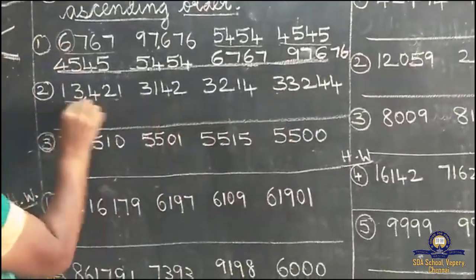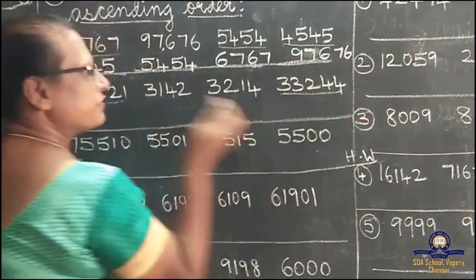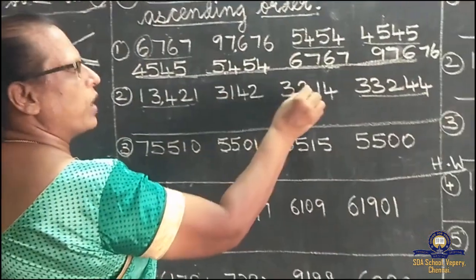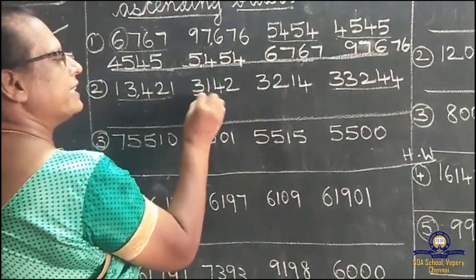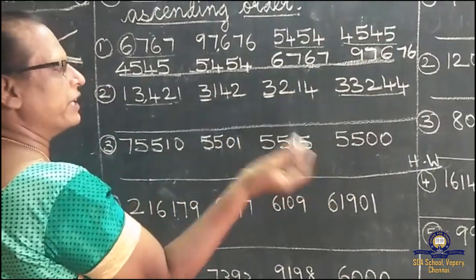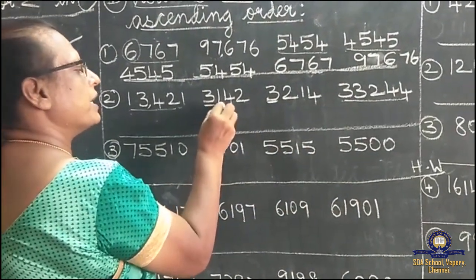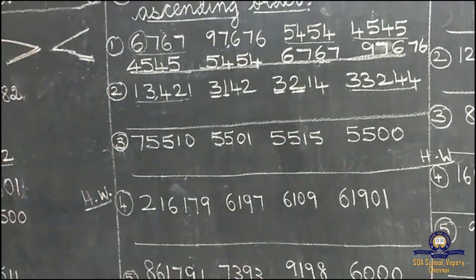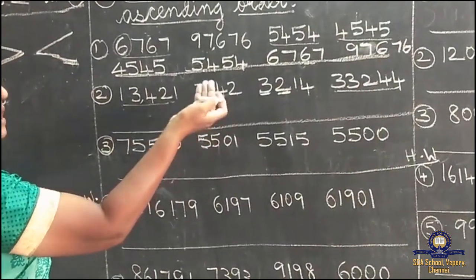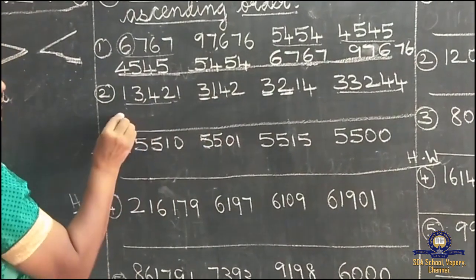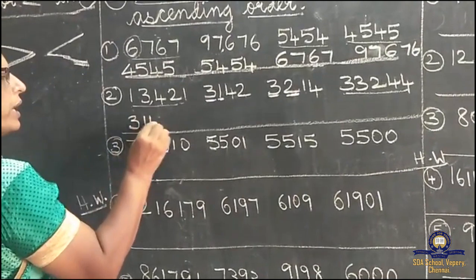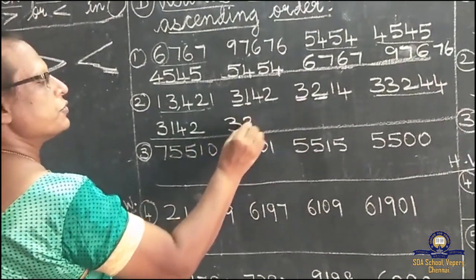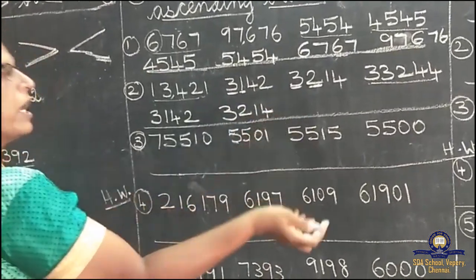So first, 5 digit you will keep it aside, because first you have to write what number? Smaller number. So when compared, what is your first number? Here 3, here also 3. So you can't find out. Then you have to see the second number. See, here 1 is there, here 2 is there. Then which number do you have to write, children? Automatically you have to write this one: 3,142, and then this number, 3,214.